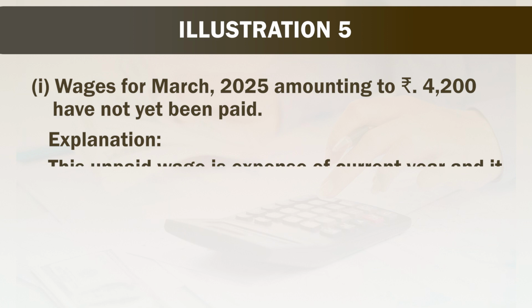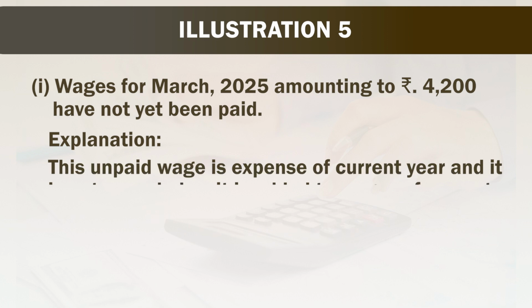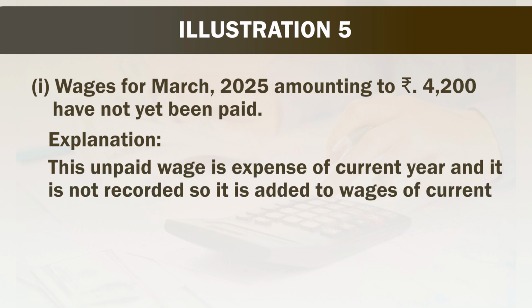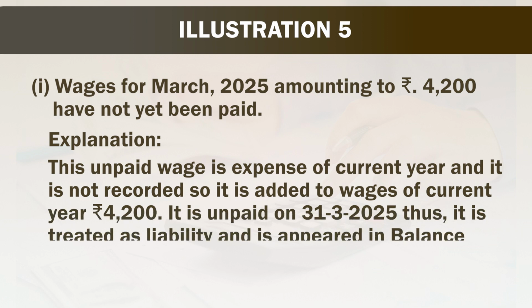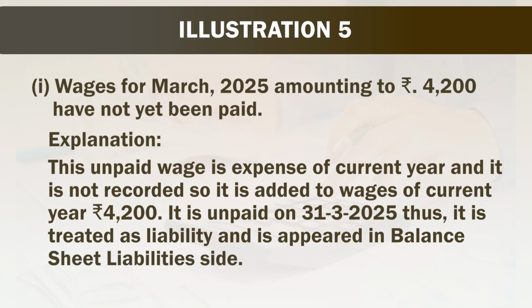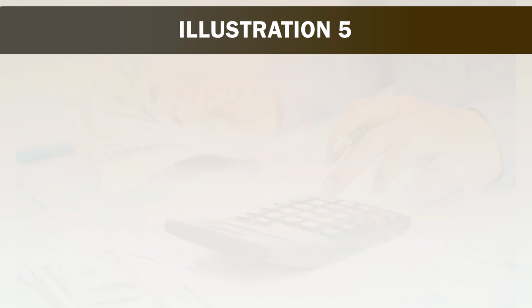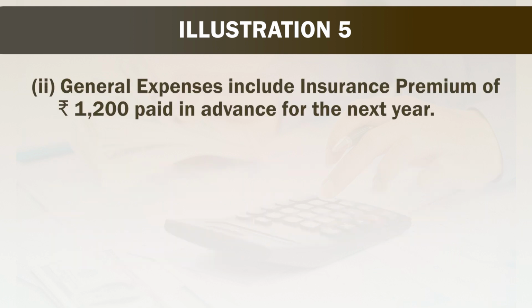This unpaid wages is an expense of current year and it is not recorded. So, it is added to wages of current year rupees 4,200. It is unpaid on 31st March 2025, thus it is treated as liability and appears in the balance sheet liabilities side. The second item is general expenses include insurance premium of rupees 1,200 paid in advance for the next